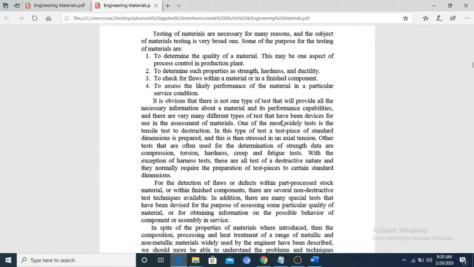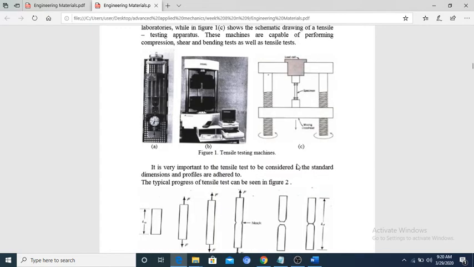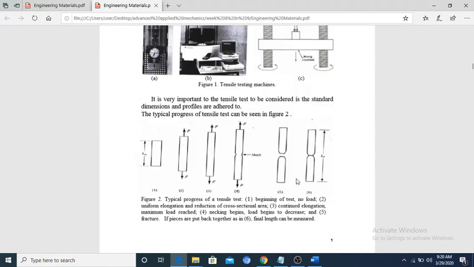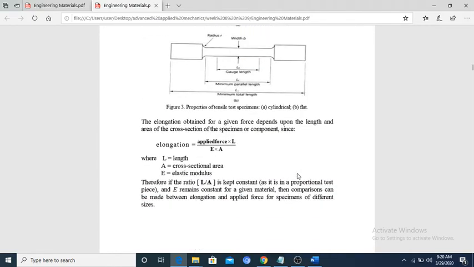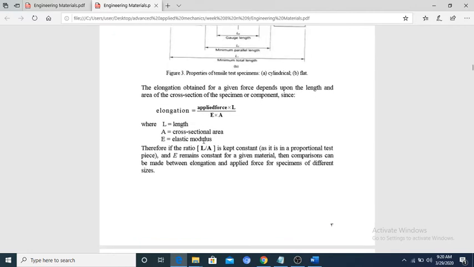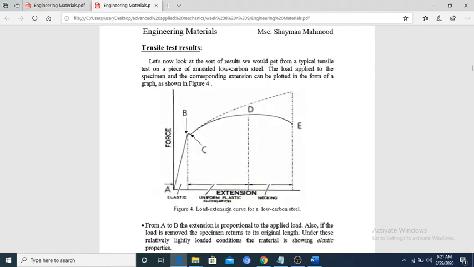So you can go through this tensile test. What is the tensile test? Tensile testing uses tensile testing machines, and this is the sample for the test. So the elongation is equal to the applied force times L, where L is the length, divided by E, the elastic modulus, times A, the cross-sectional area. Okay, so the tensile test result should be a load-extension curve for low carbon steel versus the forces, and then